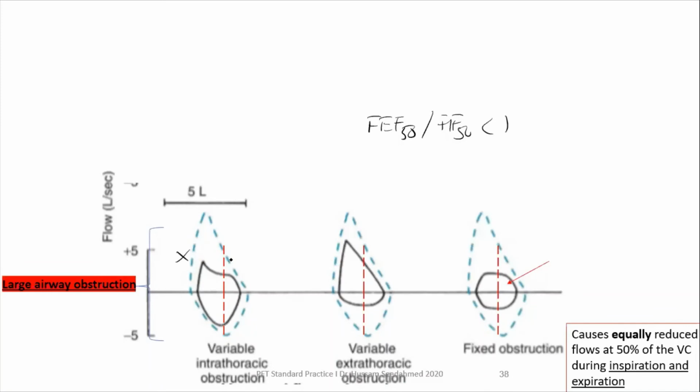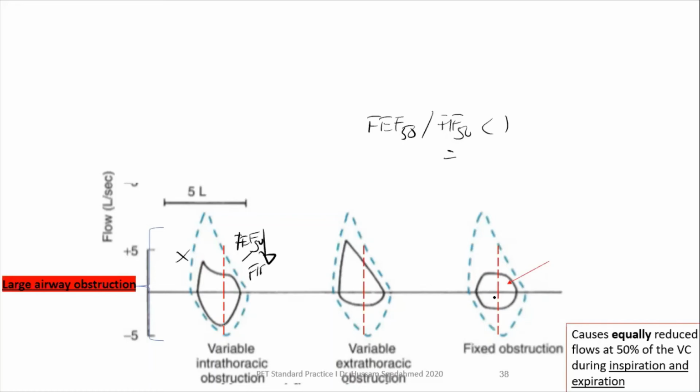This will become flat, meaning FEF is going to decrease. Therefore the ratio will become even lesser than 1, less than 1, FEF 50 compared to FIF. And the opposite in the variable extrathoracic, it will affect FIF, so the ratio will be more than